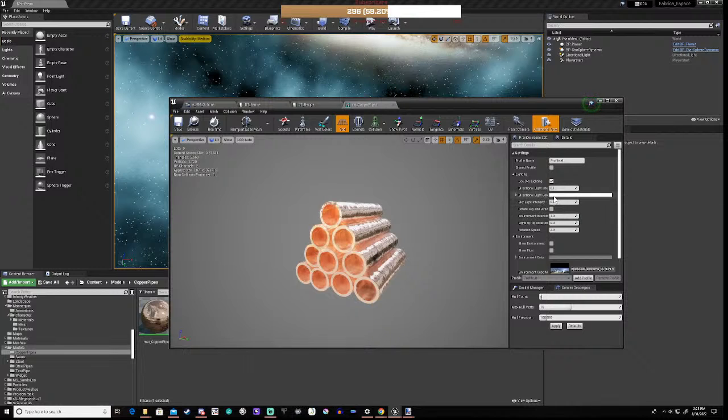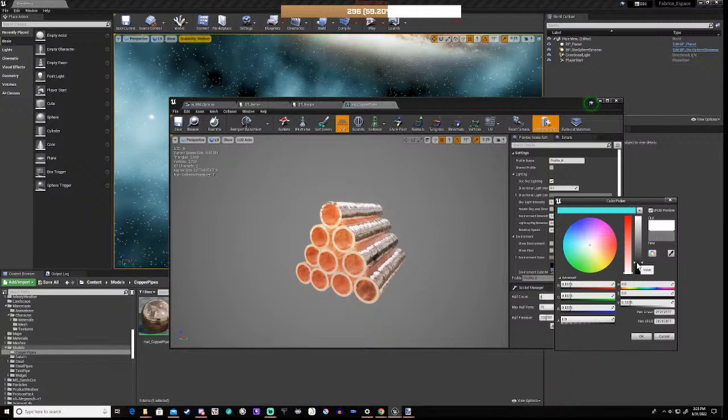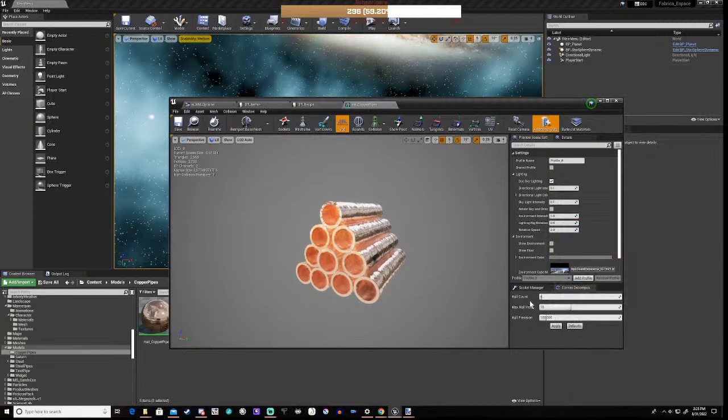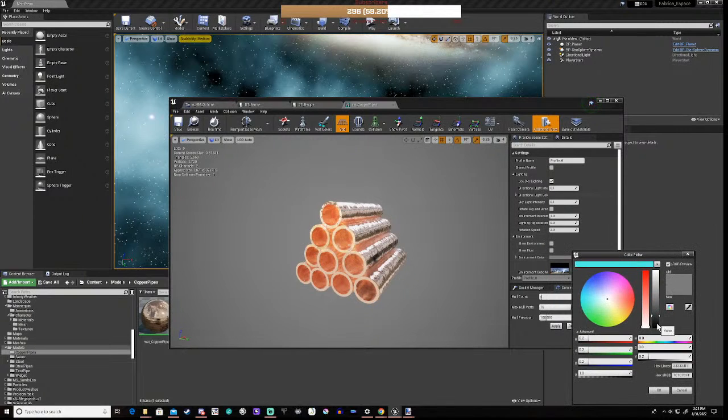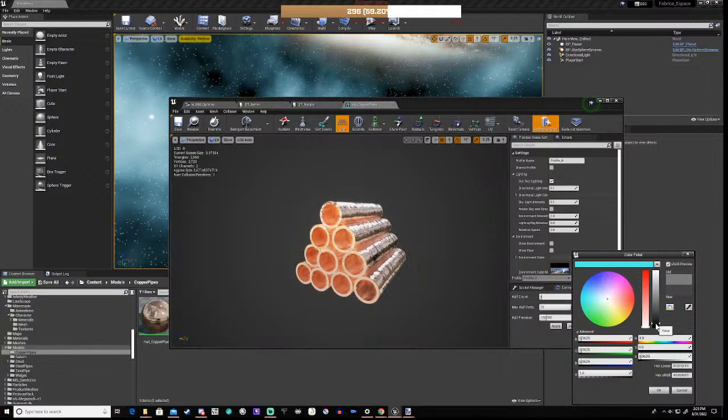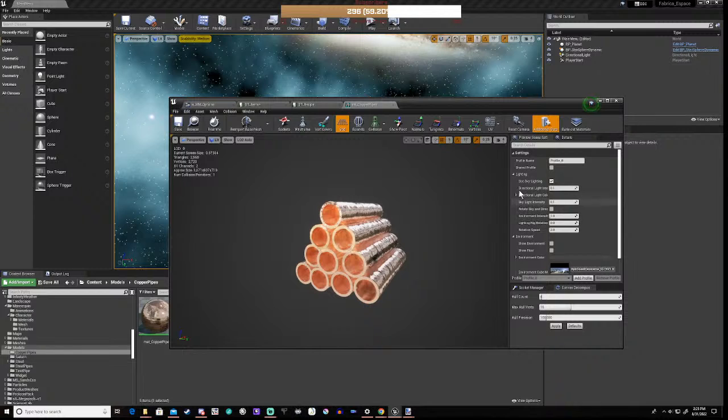That's still very, very bright, isn't it? I suppose, yeah, so that'll do. So again, what we do, print screen,